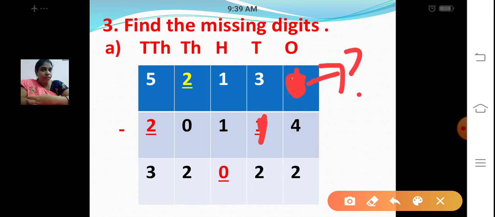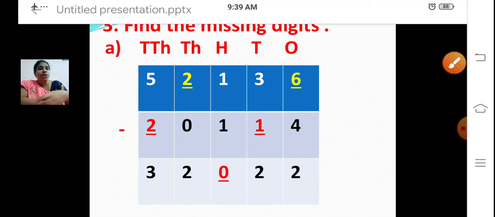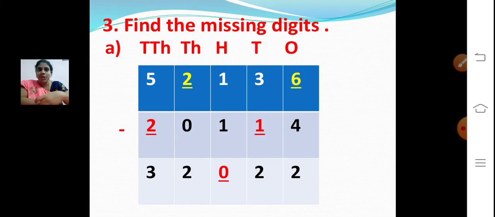This minuend we are going to find out, right? Now if you have to find out the minuend, what do we have to do? We have to add the difference to the subtrahend, right? So 4 plus 2, 4 ones plus 2 ones. 4 in the mind, 2 in the finger. After 4, 5, 6. So what is missed out now? 6. Write 6 now. Now you subtract 6 minus 4. You will get the answer 2, right? So to find out the minuend, you have to add the difference to the subtrahend. So 4 plus 2, 5, 6. So 6, write it down.